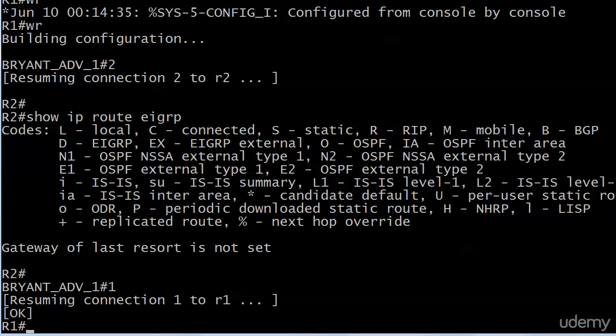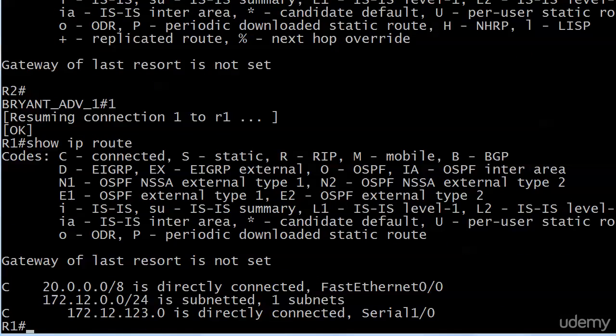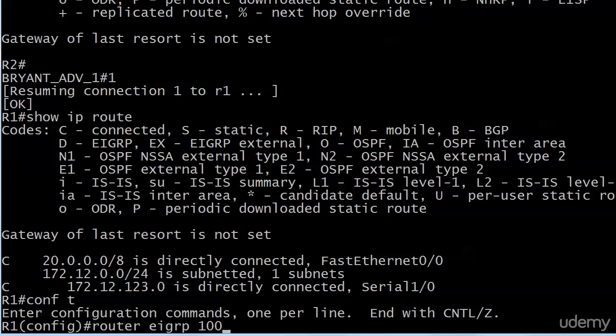So now back to router 1. We'll just look at the ginormous table here, down to two routes, both of them directly connected, and we see 20.0.0.0/8 there is the first connected route. So we need to do two things, and it really doesn't matter in which order you do these as long as you do them both. First, you've got to advertise this route via EIGRP with the network command. Then you've got to tag it, if you will, with the IP default network command, tag it as the candidate default. So let's do router EIGRP first,